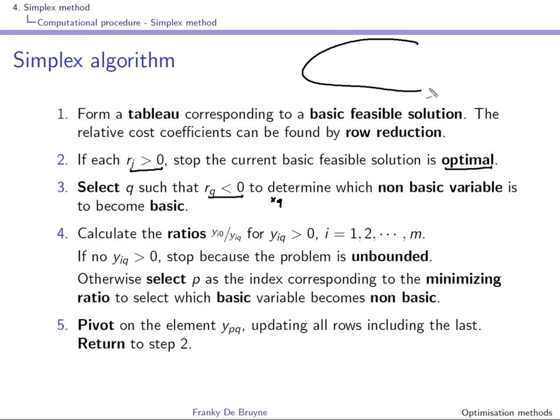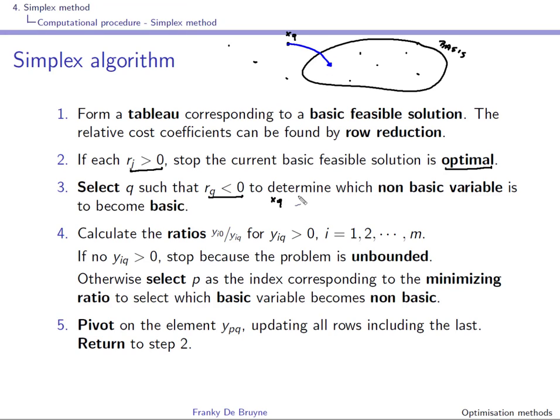base. So you have your bases here, and here you have the basic variables, here you have the non-basic variables, and by choosing the most negative relative cost, you have selected xq. This is the variable that will have the biggest impact on the cost, in the sense that it will reduce the cost and it will be the variable that will decrease it the most. So this variable can join